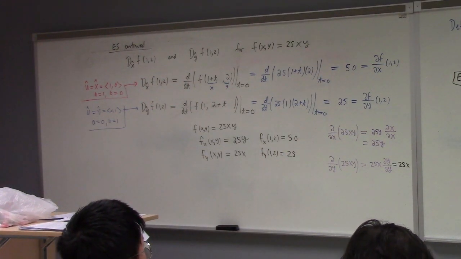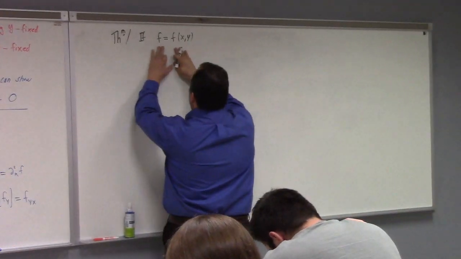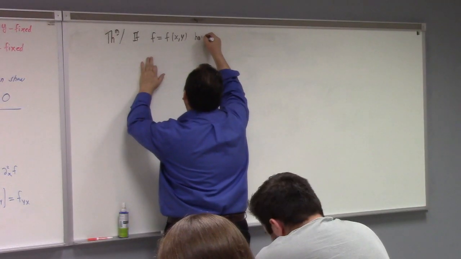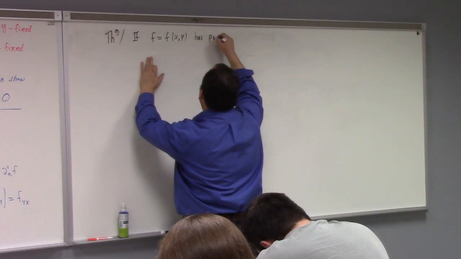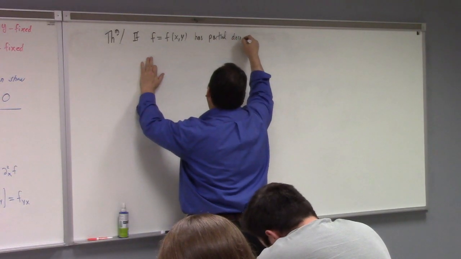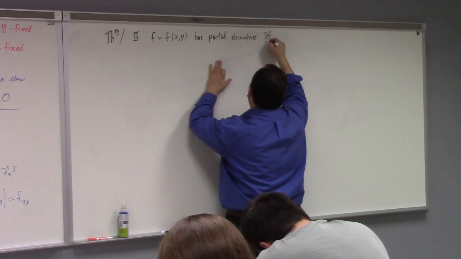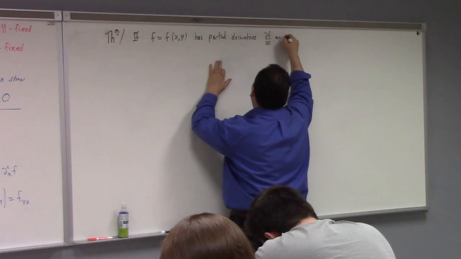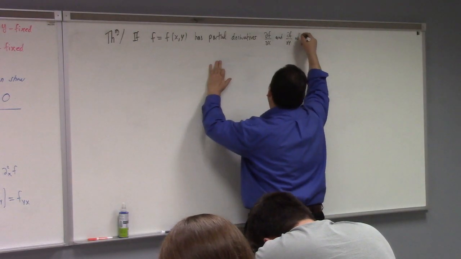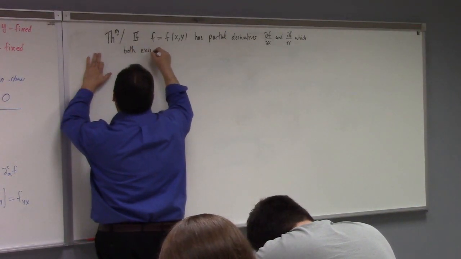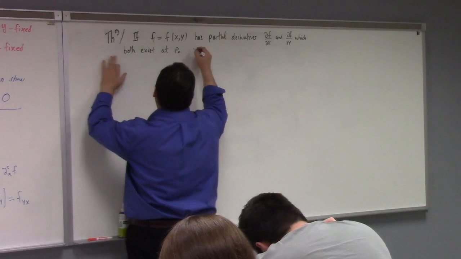If f is a function of two variables, so we can write it this way: if f equals f of x, y. This kind of language is used in engineering a lot, right? That says it's a function of two variables. Has partial derivatives, partial f, partial x, and partial f, partial y, which both exist at p naught, then